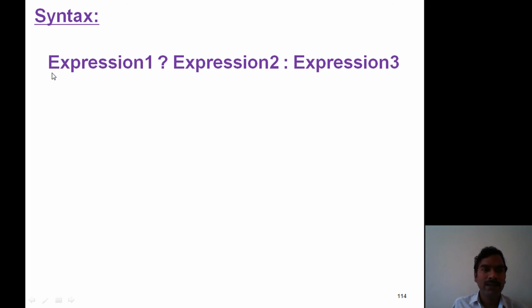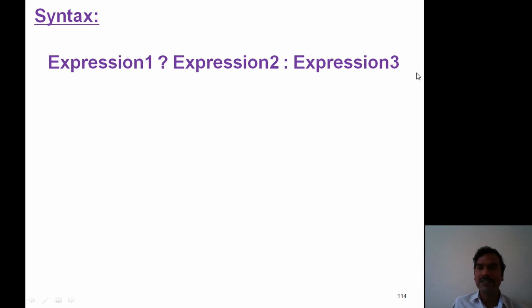Here it requires three operands, specified as expressions. The format is: expression 1 question mark, expression 2 colon, expression 3. Observe this format, it is important.